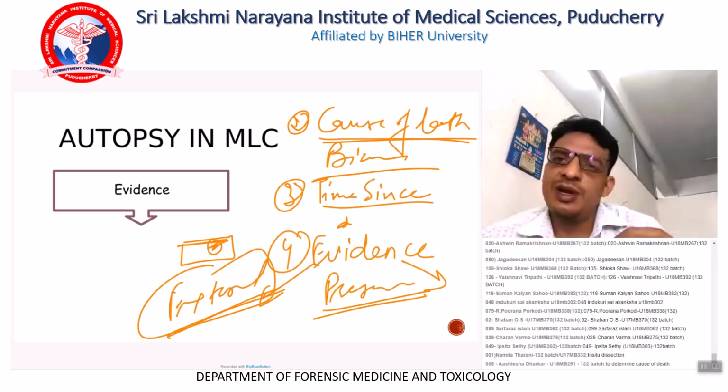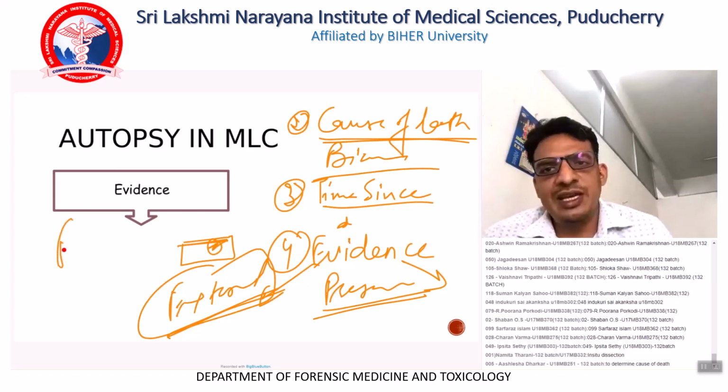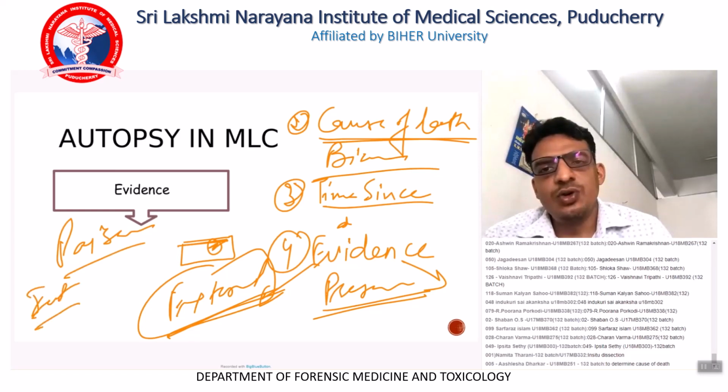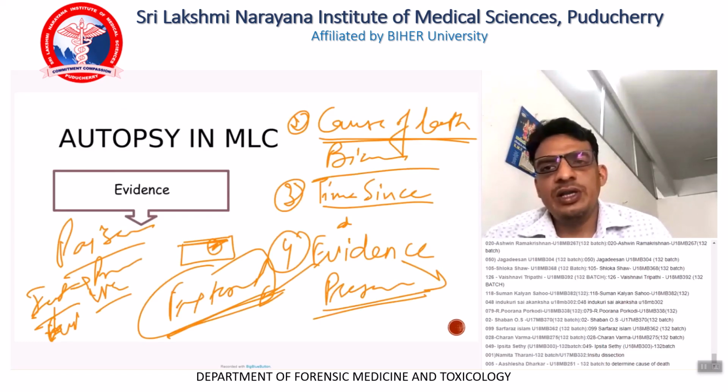In a poisoning case, you have to go for internal examination to preserve viscera. This is internal evidence. Viscera examination you have to complete. Next. Okay, we saw that there might be evidences, and in evidence, we'll see what the different evidences are that we have to preserve.